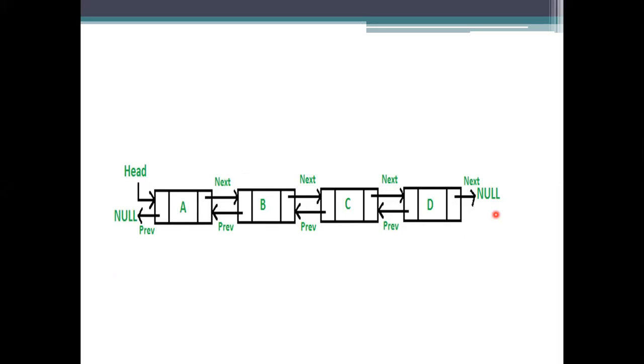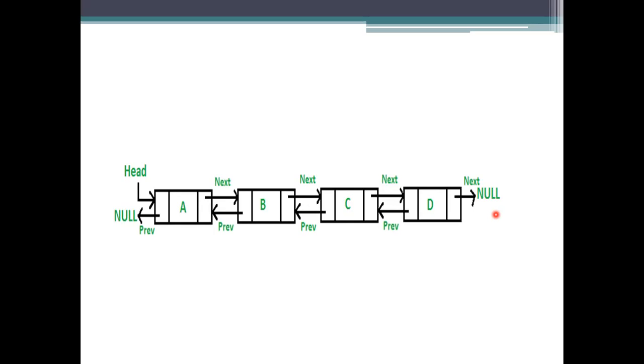Taking the example here, the head is specified as A, the tail is specified as D, and in this one we have the previous and next links. The previous link will be at the left side and the next link at the right side. So the head's left link will be null, and the tail's right link will be null here.